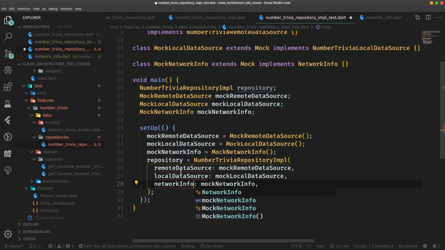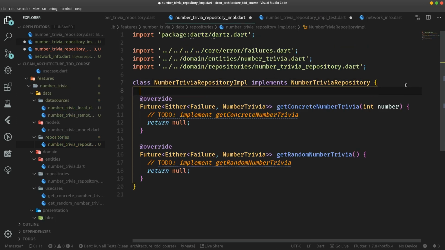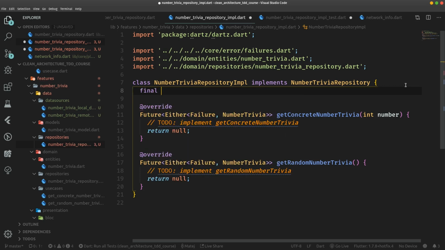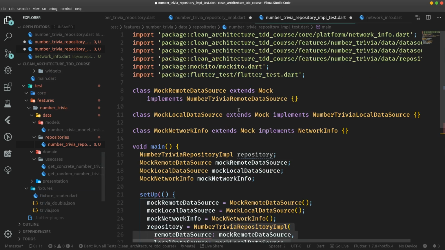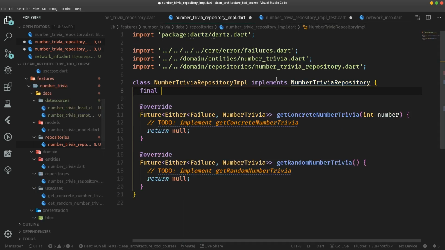All right, and now it's not really a test, but it would definitely not even compile because these arguments cannot be taken into the repository's constructor. So let's go ahead and add all of the needed fields and constructor parameters over to the NumberTrivia repository. So let's create a final NumberTrivia remote data source, and we are just going to copy those names from within the test file because they are pretty long here. So final NumberTrivia remote data source,